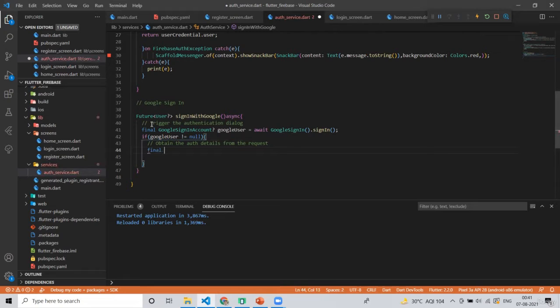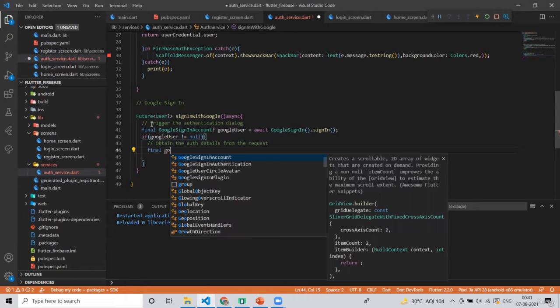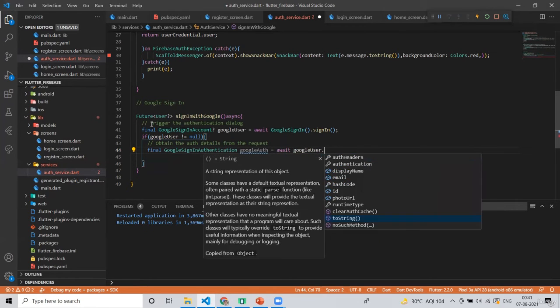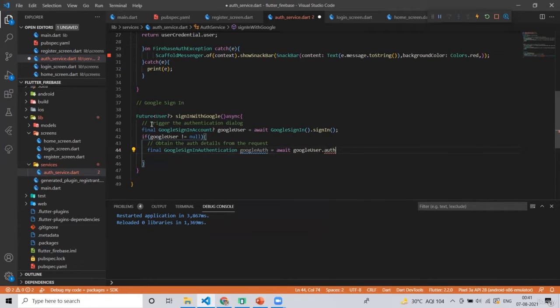That is, the code will be final Google sign in authentication Google auth is equal to await Google user dot authenticate.